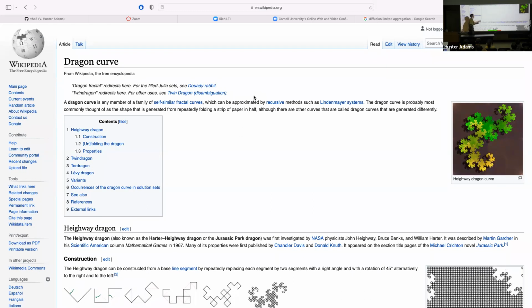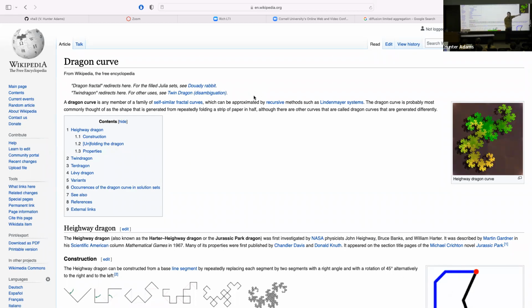This, too, is a self-similar fractal curve. So you start with some base shape, and then you make self-similar copies of that shape, and it ends up building up a complicated structure. It's called the dragon curve because if you squint at it, it vaguely looks like the shape of a dragon. These are interesting too, I think.